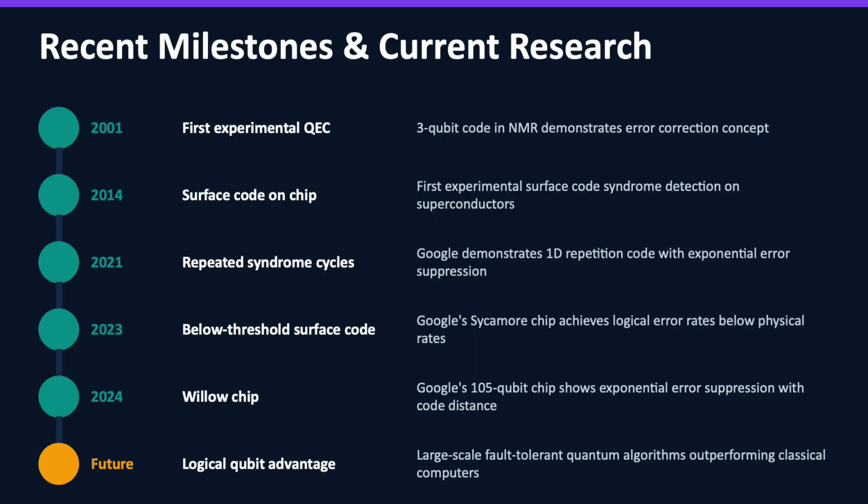The history of experimental quantum error correction is a story of steady, hard-won progress over about two and a half decades. Early demonstrations in the early 2000s used nuclear magnetic resonance systems, the same technology behind medical MRI scanners, to show that the basic principles of quantum error correction worked in a controlled setting. These early experiments were proof of concept rather than practical demonstrations, but they confirmed that theoretical ideas could be physically realized.